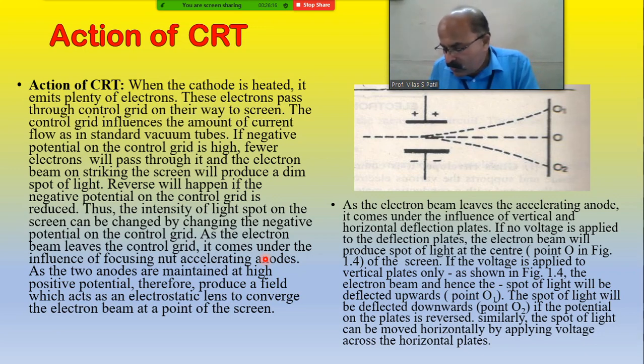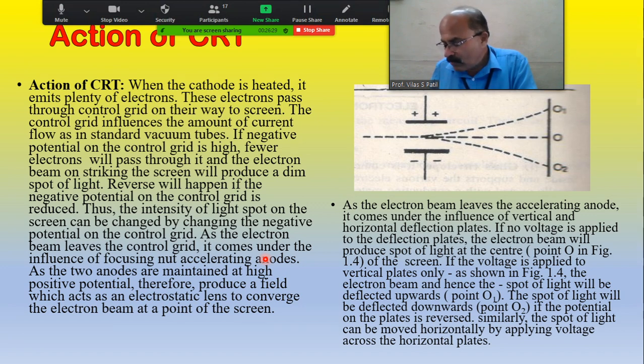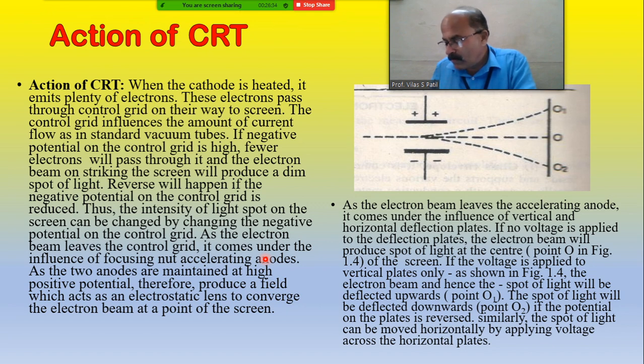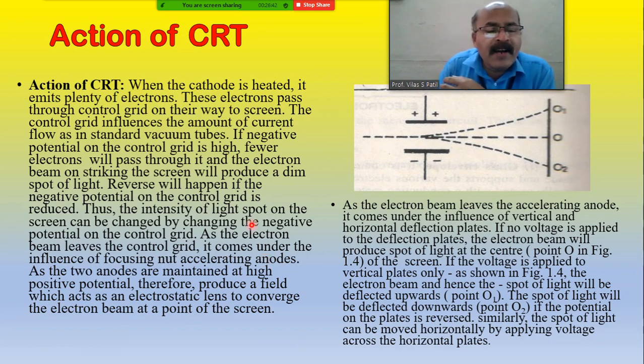And due to this, friends, we are going to see, just wait. Okay, that beam becomes, that is, as the electron beam leaves the control grid, it comes under the influence of